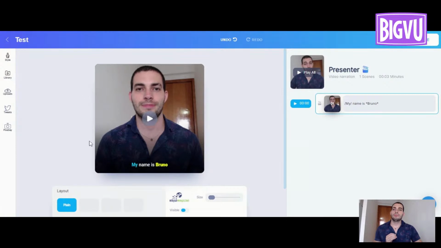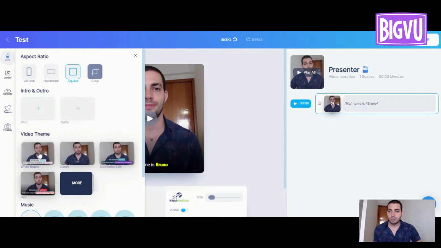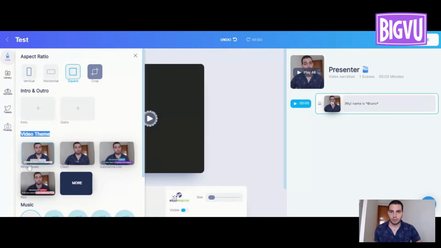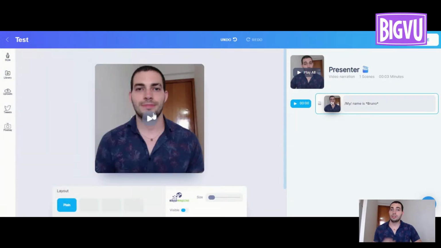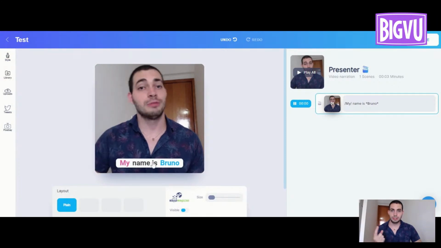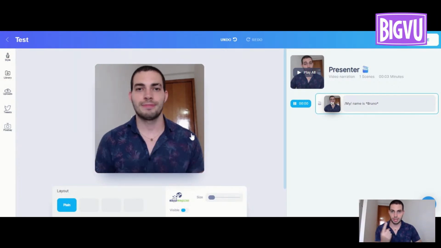Also, besides the aspect ratio, I can change the theme of the captions because of this gradient effect, let's suppose that I don't want this effect. So let me change this theme. I will choose white boxes. Again, I can choose style. I'm choosing a different theme. I will choose white boxes. And as you can see, this is the new theme for the captions. I really prefer this one. Okay,